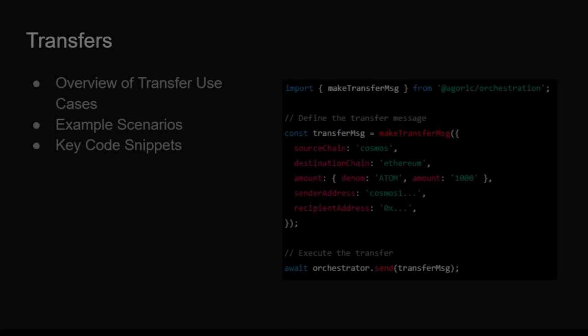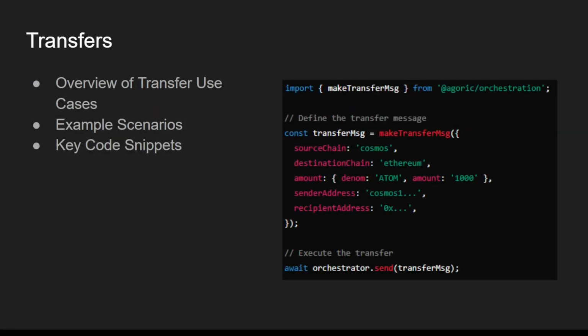Let's begin this section by taking a look at transfers, one of the most common use cases for Agoric's Orchestration API. Transfers involve moving assets from one blockchain to another, leveraging the unique features of each network. Transfers can be used in various scenarios, such as asset migration. Moving tokens from one chain to another to take advantage of different functionalities or lower transaction fees might be one